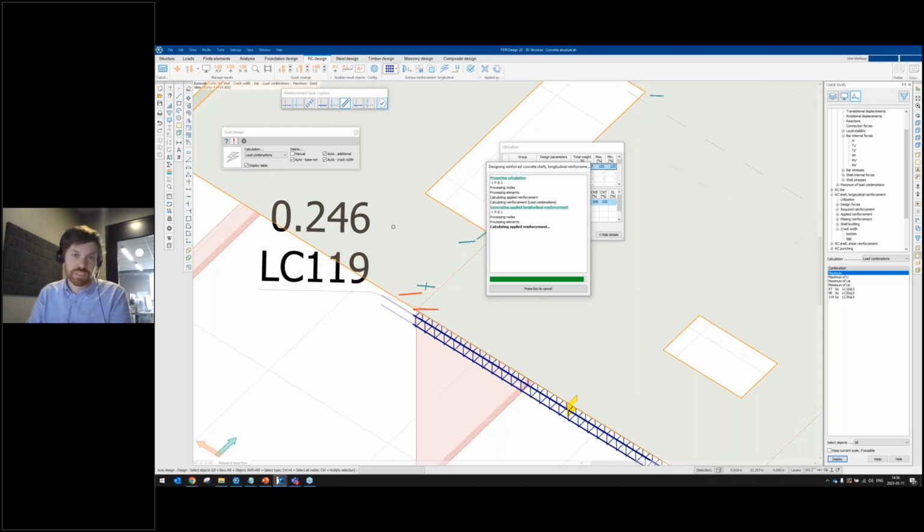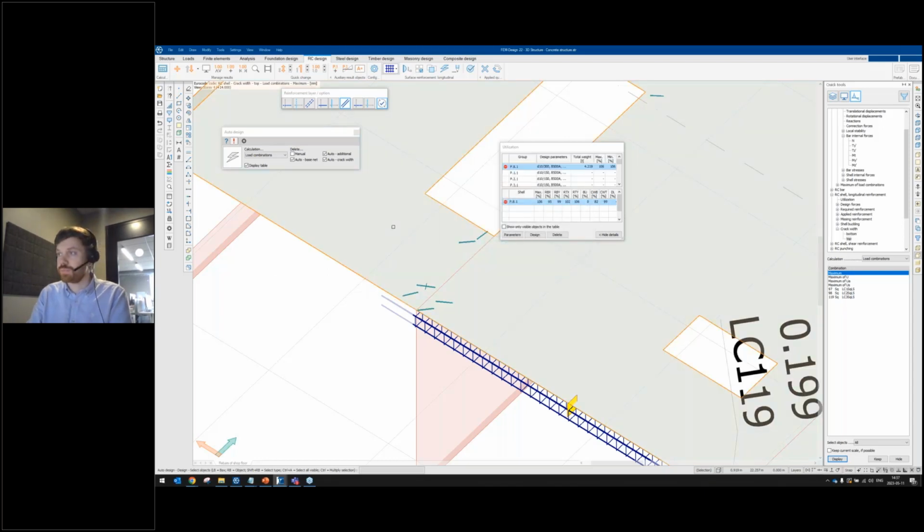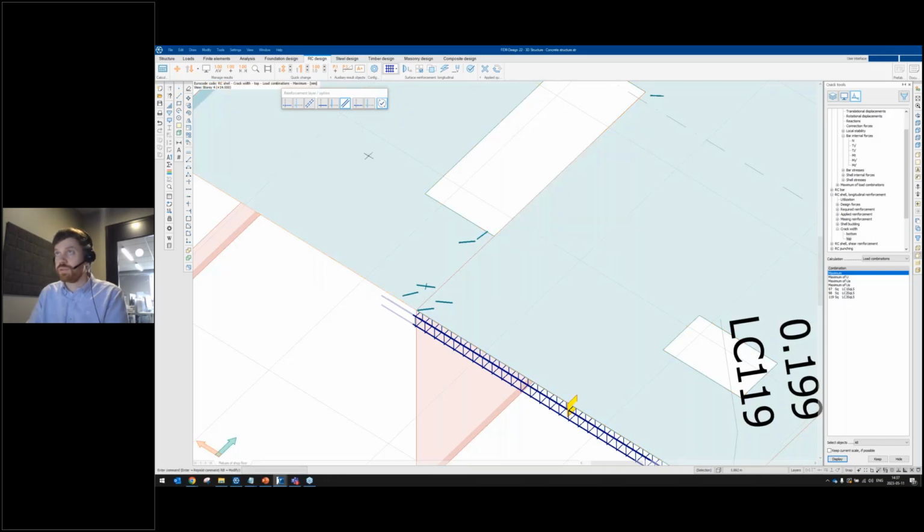I'm experiencing a little bit slower calculation time since I'm sharing my screen and recording. As you can see here, it's an iterative process, and you can also set the limitations of iterations and the convergence criteria for the iteration. Okay, so it's finished, and here I can see that now the size of these cracks are